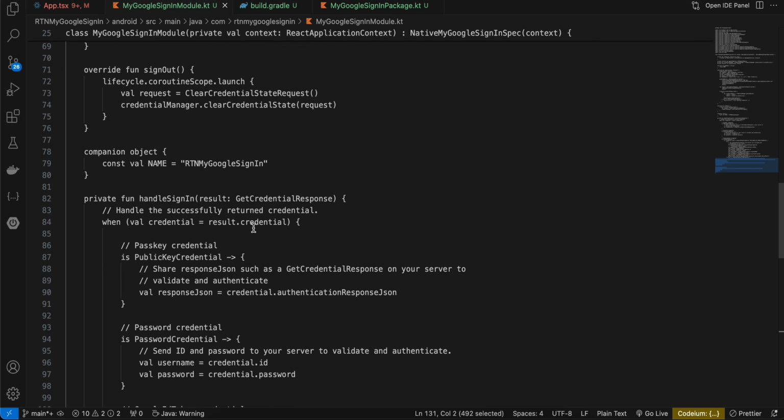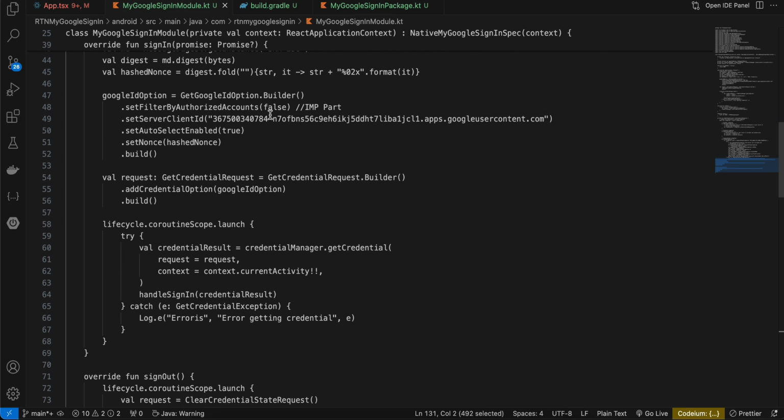Now coming back to the important point, why I'm making this as false is because suppose I have 5 Google accounts in my Android device. If you keep this as false, when the user clicks on the sign in button, he will see all the 5 Google accounts and he can select any one of those. Now suppose he signs out and this is still false, right? Now the second time when he signs in, he will again see those 5 Google accounts